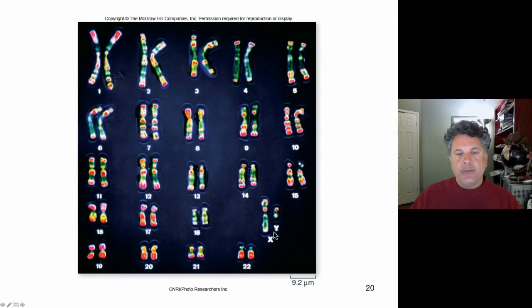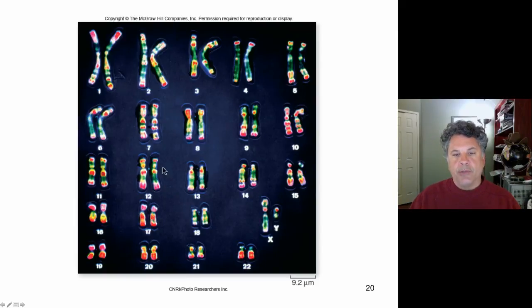So we have 23 pairs of chromosomes, and in a male, 22 of those pairs of chromosomes are truly homologous. But for the sex chromosomes in a male, we have an X chromosome and a Y chromosome, whereas the female karyotype would have 23 pairs of homologous chromosomes because we would have 2 X chromosomes. And the method by which the Y chromosome actually determines sex is an interesting process that we'll treat later in the course. But you have to remember that we have sex chromosomes, and then we have the remainder of the chromosomes in a human karyotype.